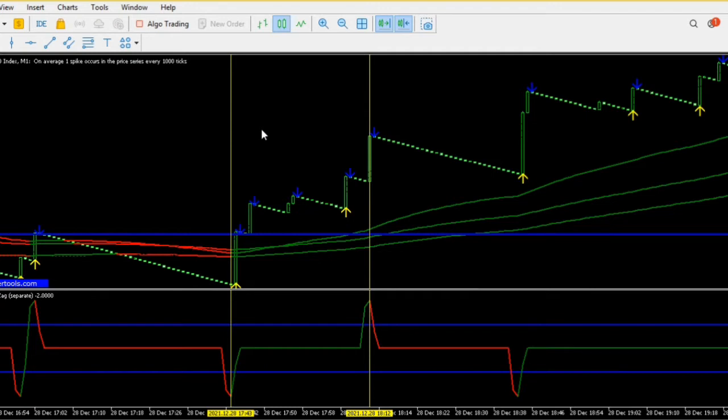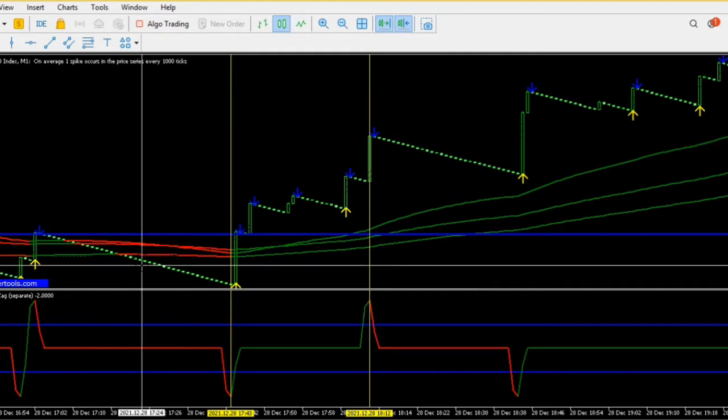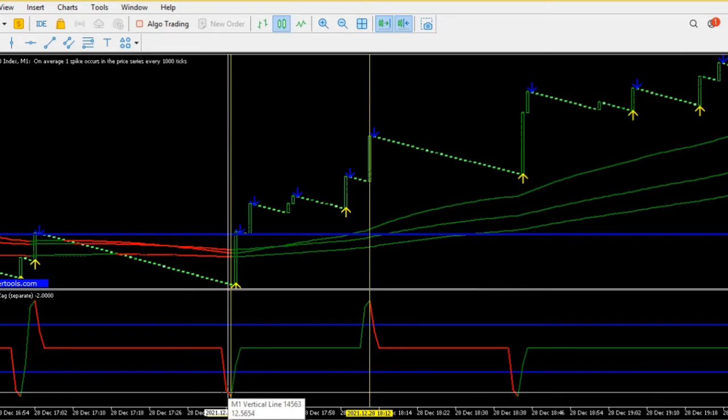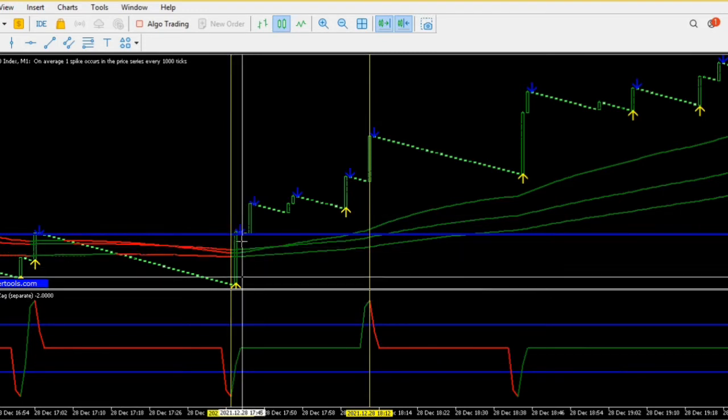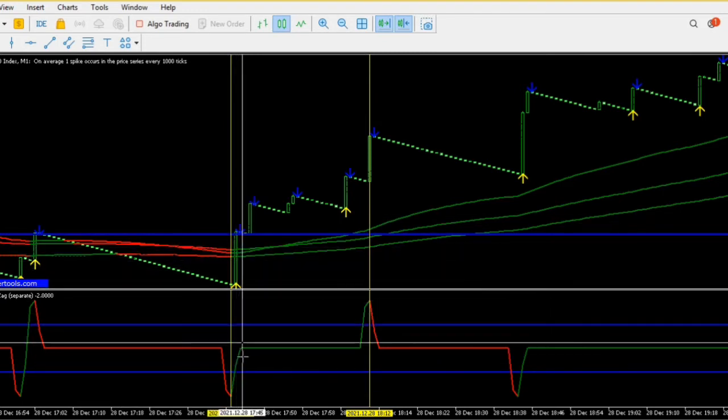So if you notice, around this side, the zigzag indicator came below level 30, and the price went above the three moving averages, which is the one that has the touch of green and red. Whenever the market is on a downtrend, it turns red, and whenever it's on a buy trend, it turns green. As soon as price broke above it, guys, all the moving averages were green. So we were able to get an entry immediately after this spike occurred,